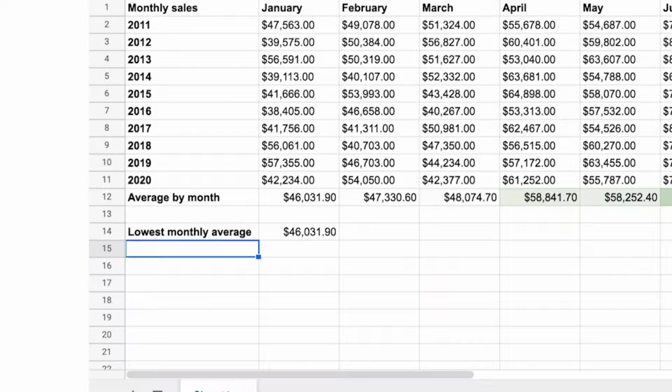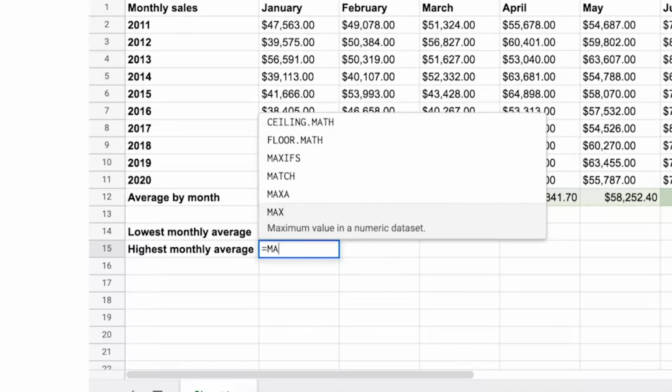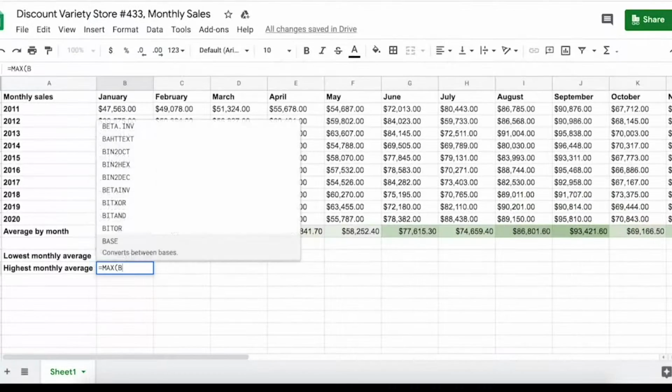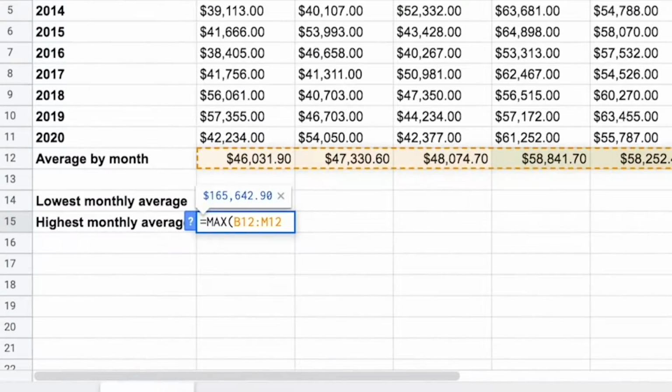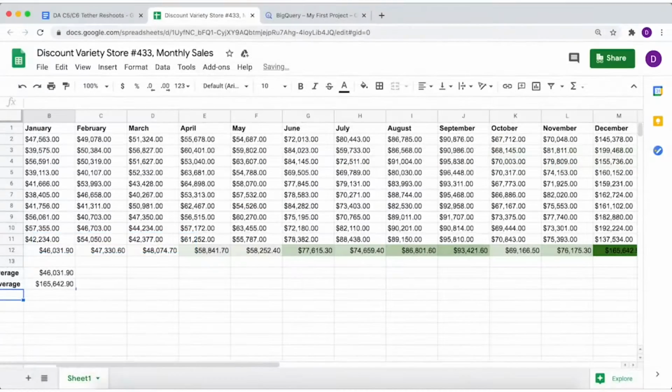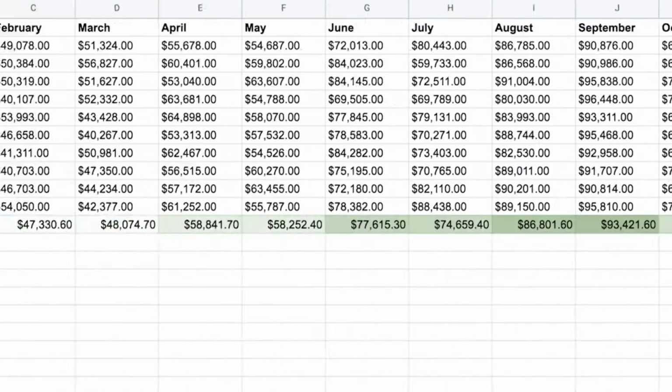We can repeat the same steps to find the highest monthly average. In this formula, we'll use the same data, but we'll replace min with max for maximum. So for this store location, sales are strongest in December and weakest in January.